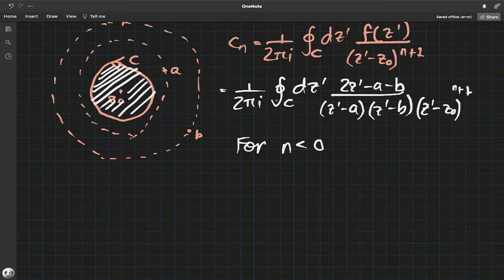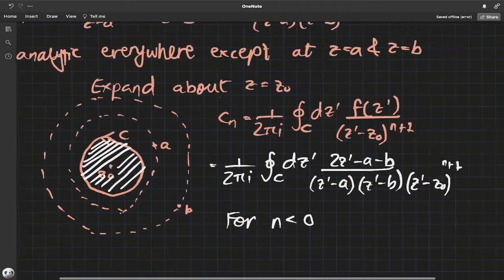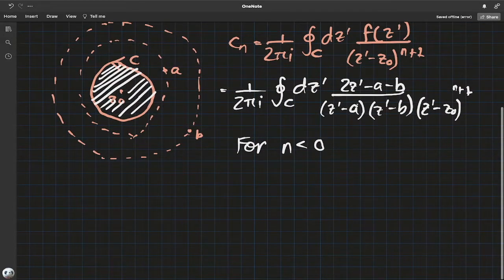So those troublemaker points, z equal to a and z equal to b, are not enclosed, because that's how we defined the contour, and that's exactly why we need to differentiate between case 1, case 2 and case 3. That's because of what the region encloses and what it doesn't enclose, we need to worry about those in the future. Since it doesn't have these troublemaker singularity points, we can set this entire thing to 0